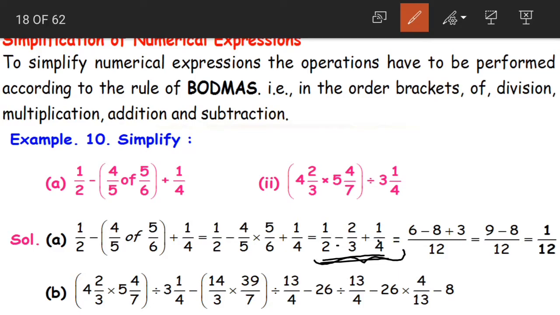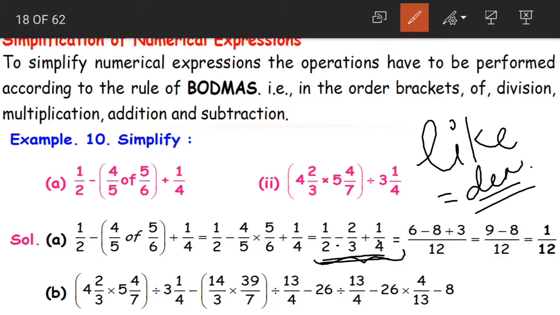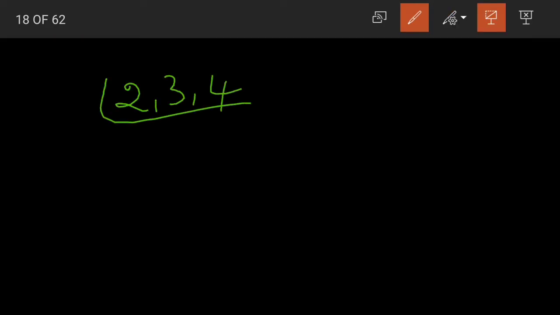How? In fractions we know that to add or subtract directly, the fractions need to be what? Like fractions. And what do we mean by like fractions? The denominators must be same for all the given fractions. Now look at these 2, 3 and 4. We are having the denominators 2, 3 and 4. These are not same. So what should we do? We should find out the LCM. Yes, 2, 3 and 4.